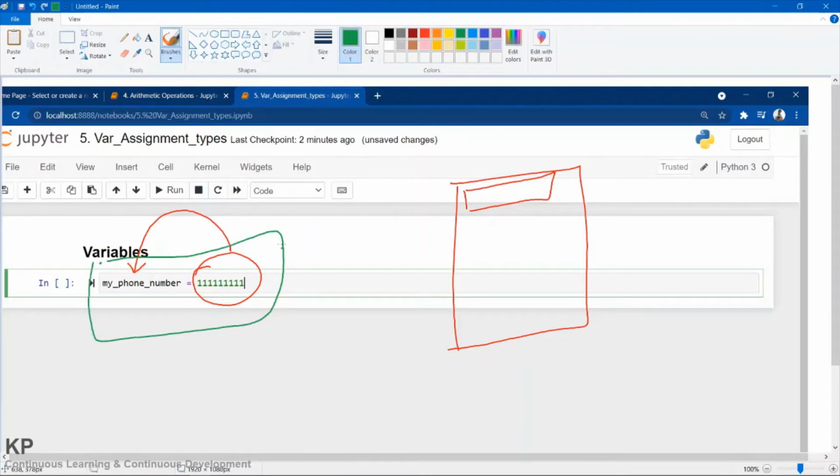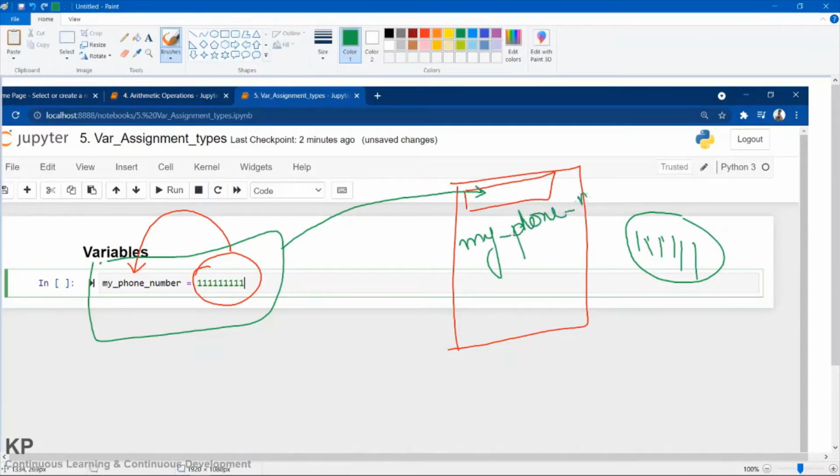Next time, whenever I want to mention my phone number 111 something like this, instead of giving these digits, I can use my_phone_number, isn't it? So actually this is the variable. A variable is like a container.